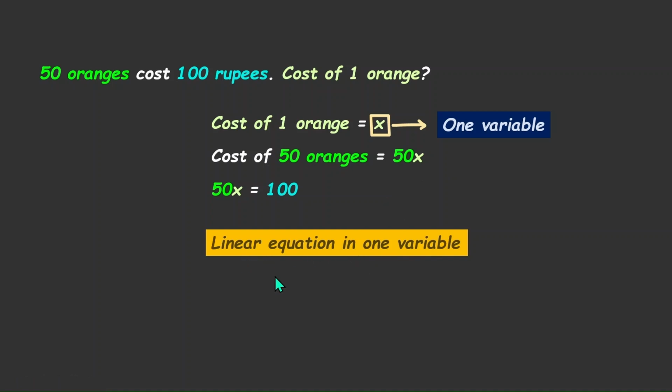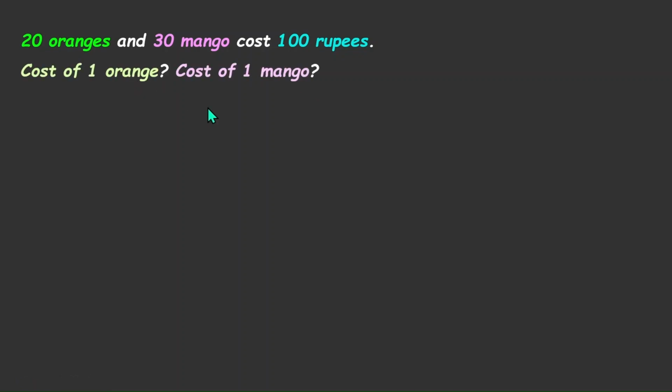Now we go to the shop and we buy both oranges and mangoes. And we understand that 20 oranges and 30 mangoes cost 100 rupees. So we'll do the same activity. We'll take the cost of one orange as x and we'll take the cost of one mango as y, which is another variable that we're defining